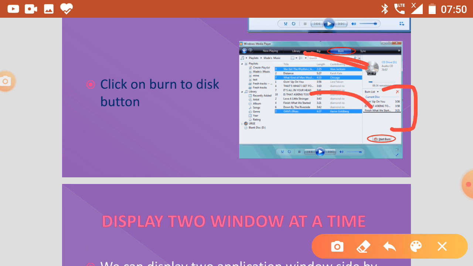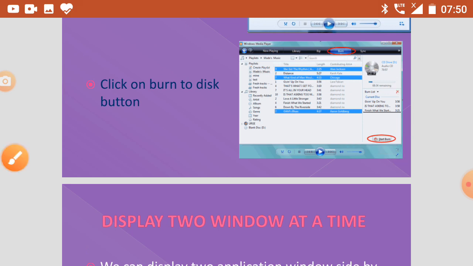You can select all the songs, or if you want a limited number of songs, you can select those here. After completing this you click on burn. If you want to stop, you can also stop here, and your CD will be burned.